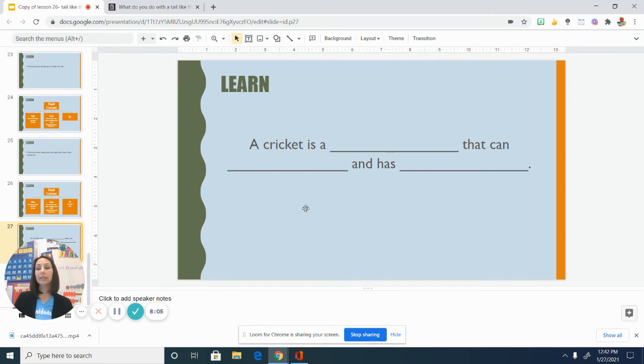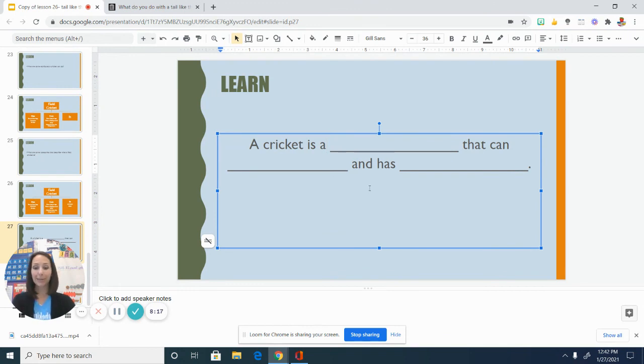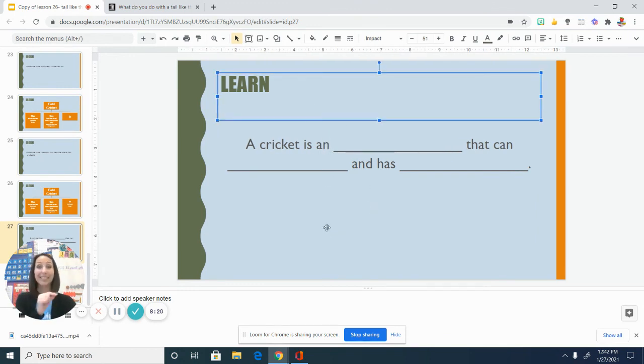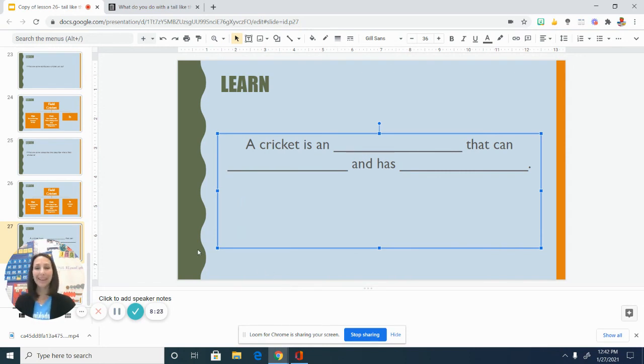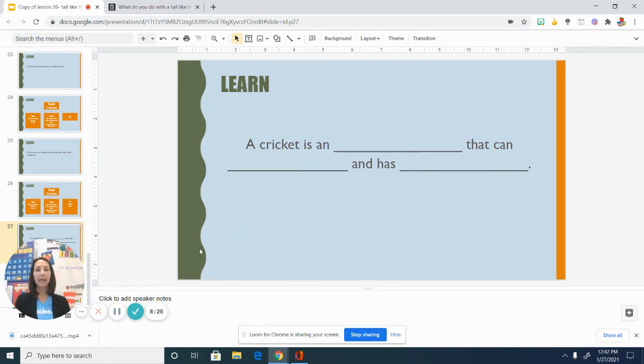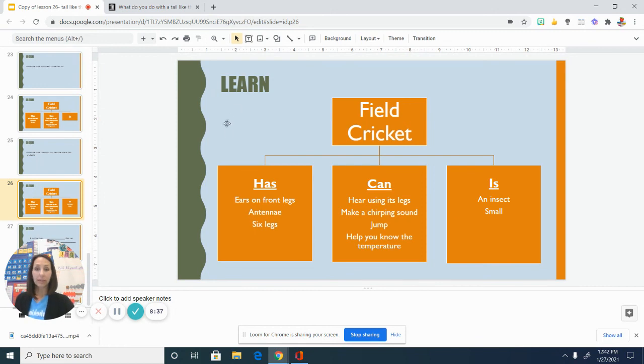So this time we want to take something from each category from our concept map. So I might say, for example, a cricket is an... and if you notice our article, if we're going to use the word insect, we would want to use "an," not "a," right? Since insect starts with a vowel. Good job. All right, so a cricket is an insect that can jump and has ears on its legs. So that might be one example. But again, you can use this concept map to help you find something from each category to tell more about the field cricket. All right, so let us know if you have any questions or if you need any help,